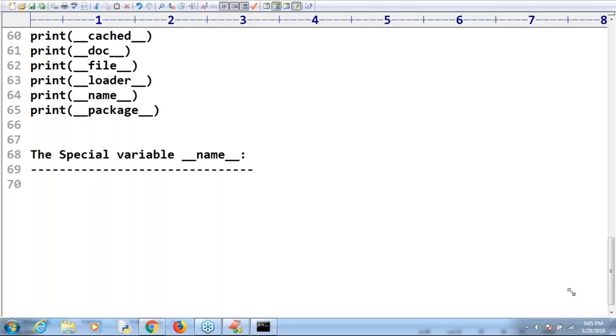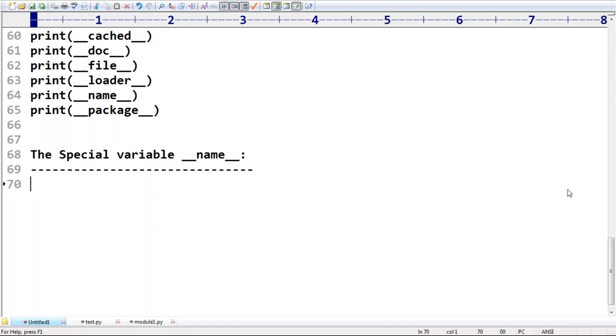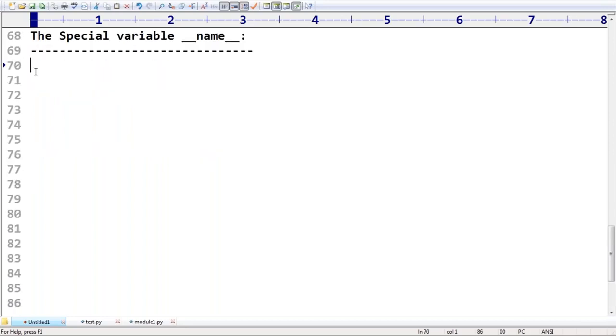Okay, sir, very, very simple. Just observe. Now, underscore underscore name underscore underscore, what is the meaning of this one? Very simple. Suppose assume that I have one function, the name of that function is name of that. I have one module, the name of that module is module1.py. Are you getting? Module one. This is my file available.